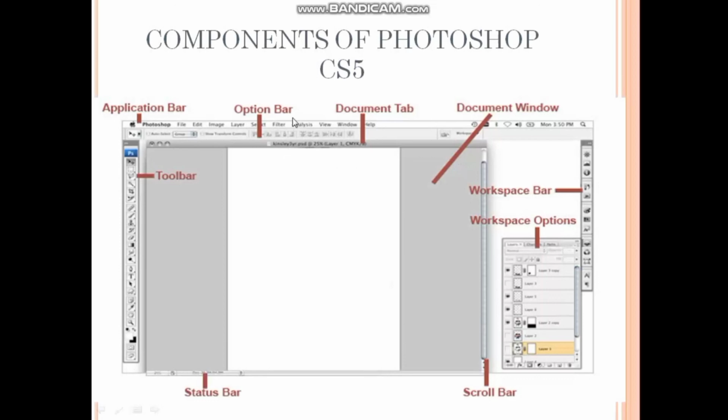Just below both the bars, the third bar is called the document tab. Here the white page or the work area is known as the document window. Here this is called the workspace bar. Here workspace option, and the bar that contains the tools is called the toolbar. This one shows the status bar, and this is the scroll bar.